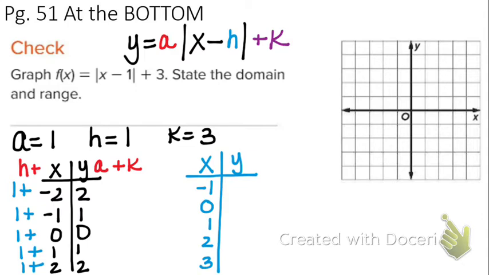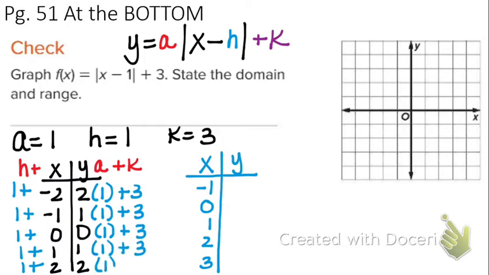Okay, so now let's do our y transformations. For your y transformations, we have to do 2 things. The first thing we have to do is multiply it by a, which we said was 1. And then we have to add to that k. So go ahead and pick up your calculators if you need to. Take each one of these 5 numbers, multiply them by 1, and add